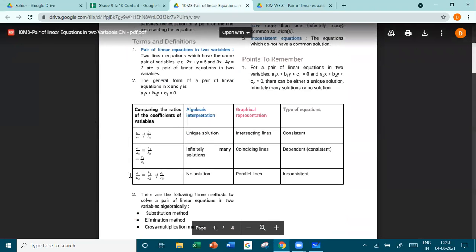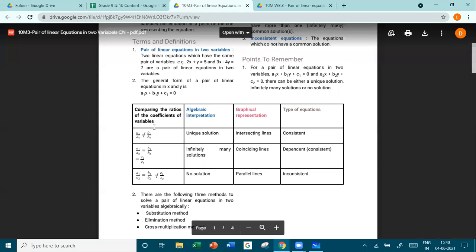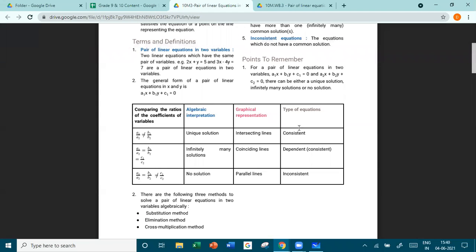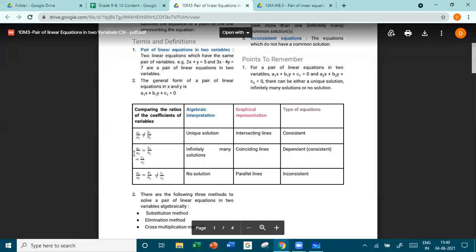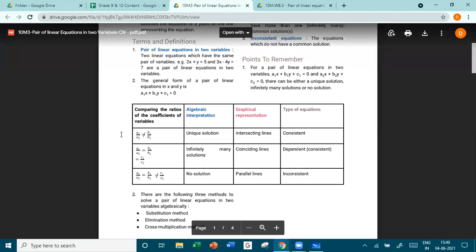Yes. So this is what Puneet was referring to, right? You just need to compare the ratios of the coefficients of the variables. So if the ratio is not equal, it is consistent, correct? So if a1 by a2 is not equal to b1 by b2,